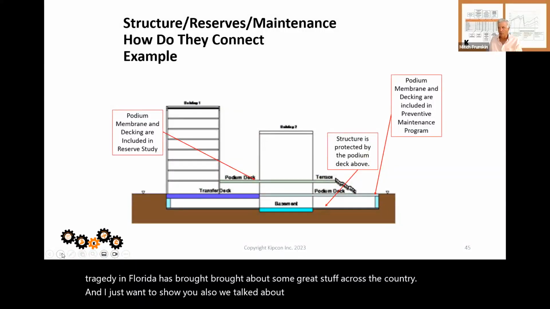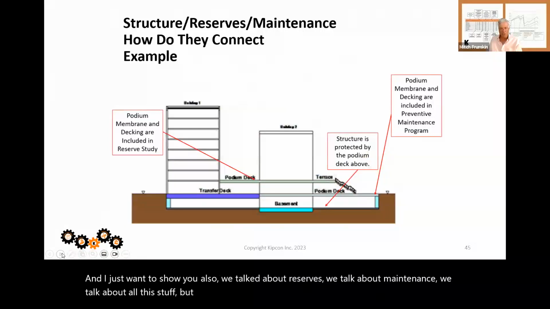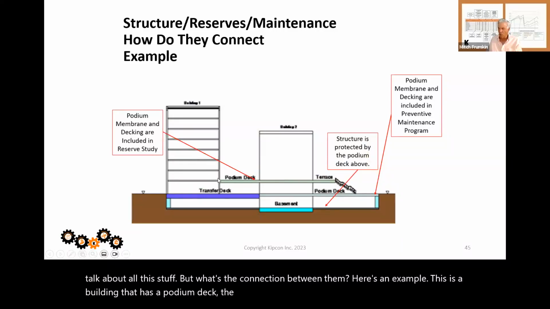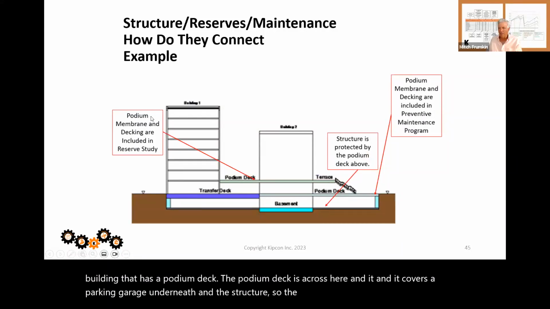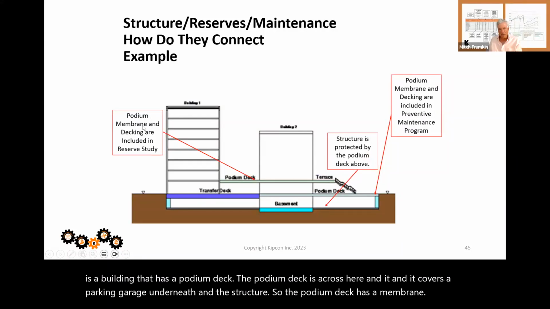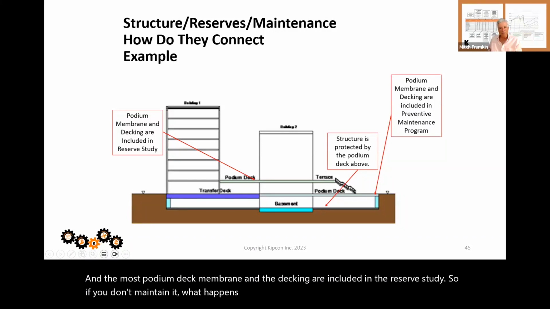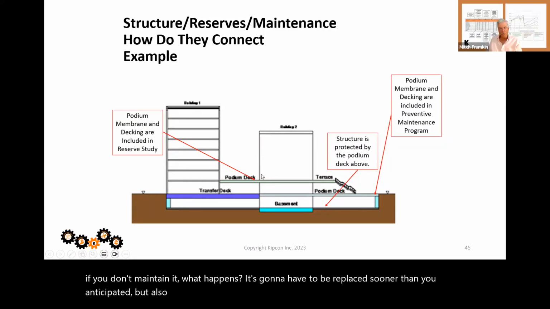And I just want to show you also, we talk about reserves, we talk about maintenance, we talk about all this stuff, but what's the connection between them? Here's an example. This is a building that has a podium deck. The podium deck is across here and it covers a parking garage and the structure underneath. So the podium deck has a membrane, and the membrane and the decking are included in the reserve study. So if you don't maintain it, what happens? It's going to have to be replaced sooner than you anticipated, but also water will get through and rot out